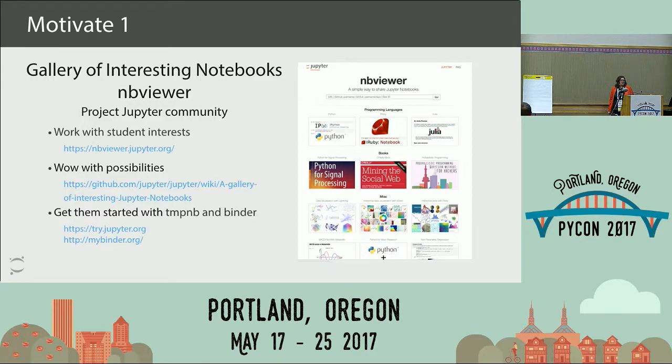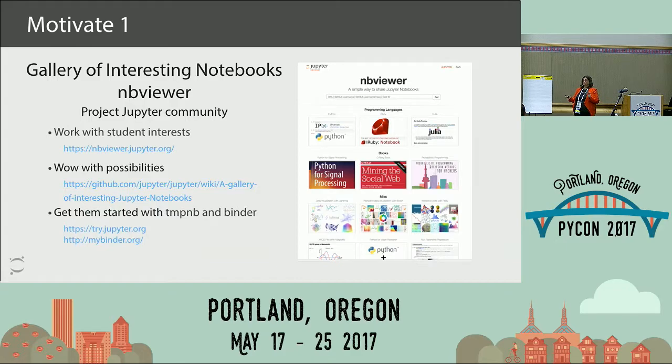You also have access to something called NB Viewer, where you can actually put in the URL of a notebook on GitHub, or there's a number that are already there, pull it up, see what people are doing. And then there are two very valuable services. One is TempNB. We actually use TempNB in our try.jupyter.org.